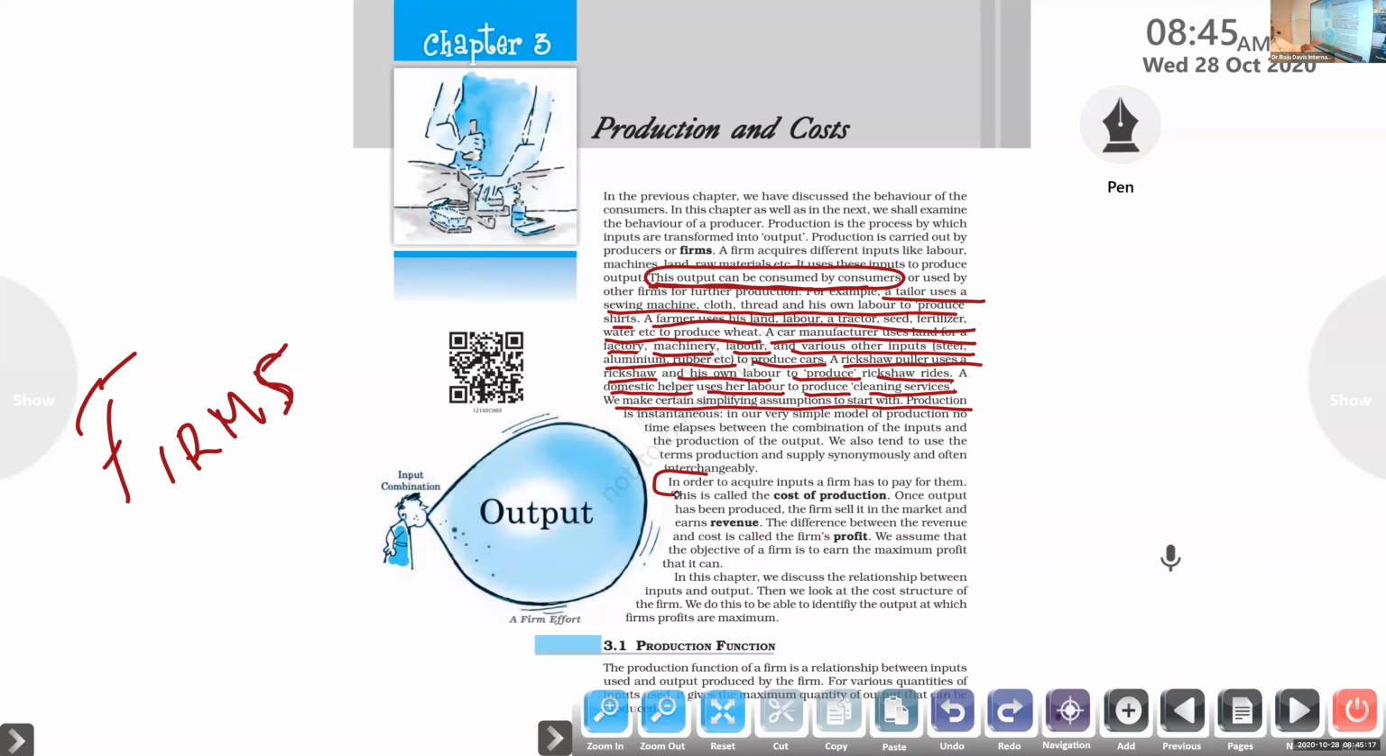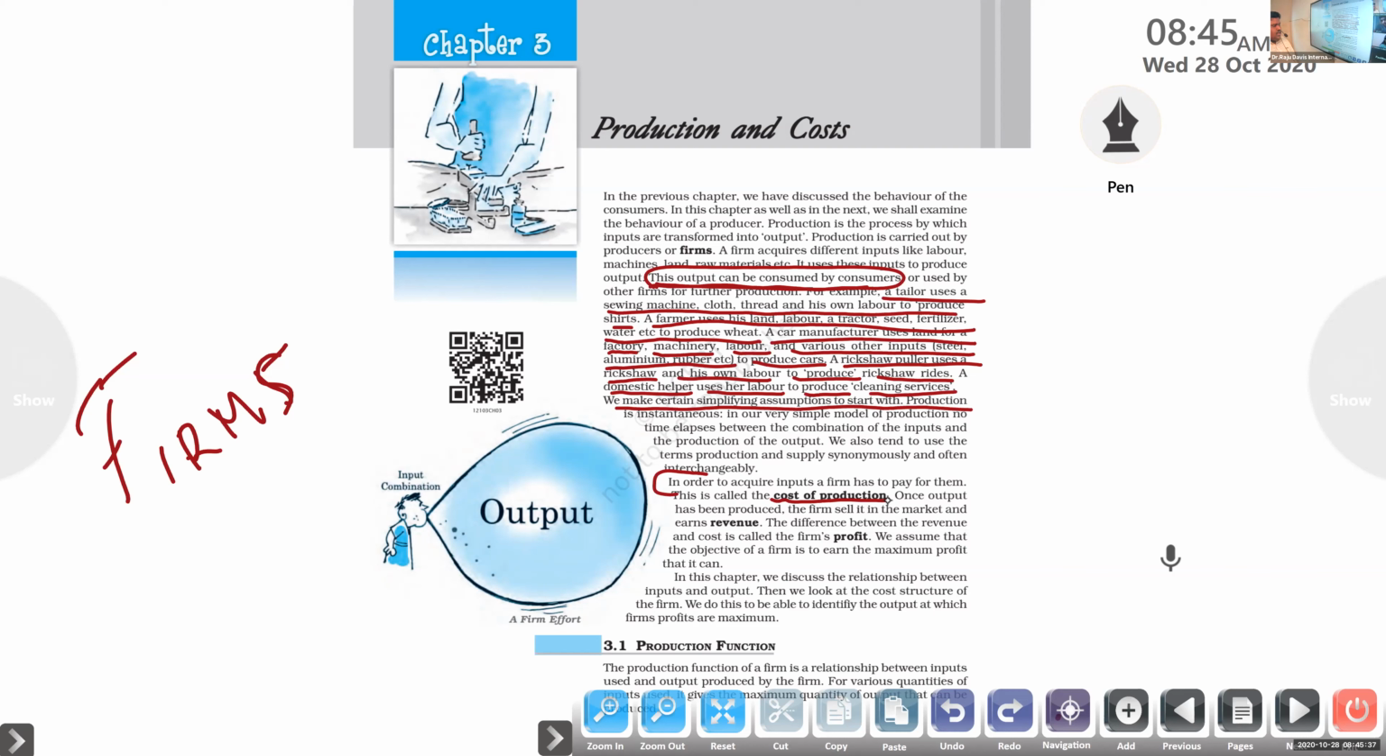So basically it is called the cost of production. The money that we are spending to create something new or produce something new is considered the cost of production. We, in the sense,